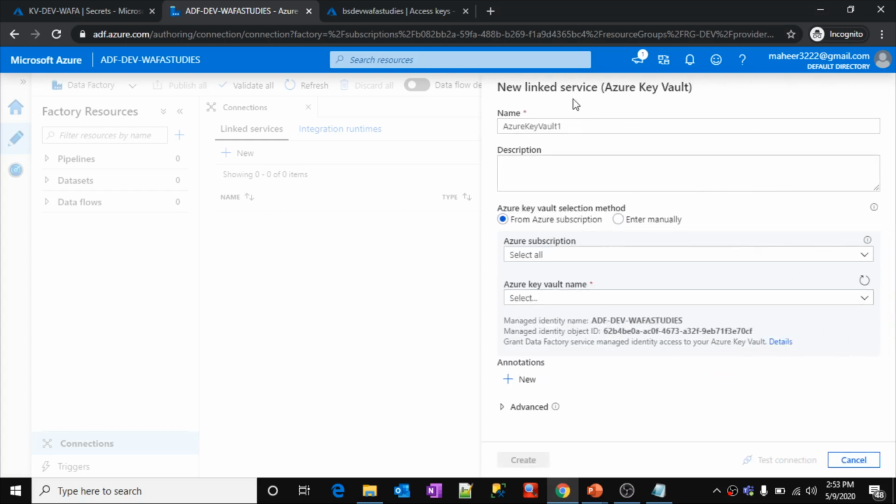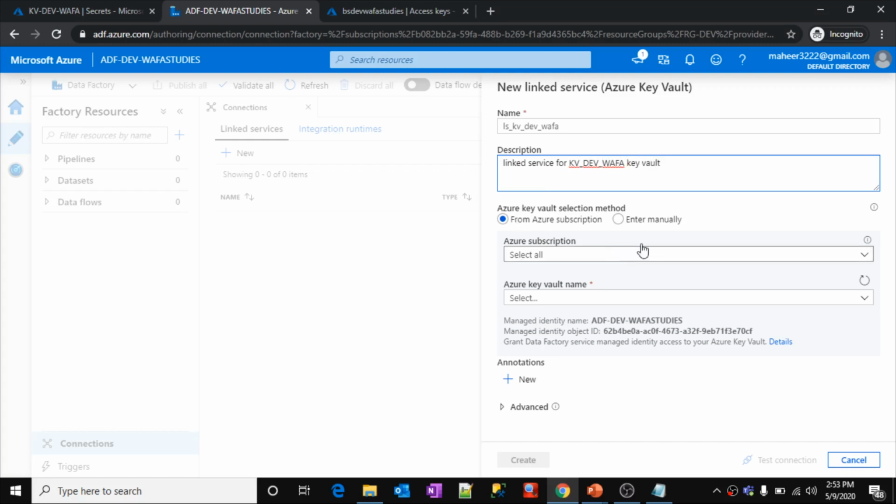So it will take new linked service for Azure Key Vault. Okay, so this is for linked service for KV, that means Key Vault dev underscore wafa, right? So let me give some description. Linked service for KV hyphen dev hyphen wafa Key Vault.